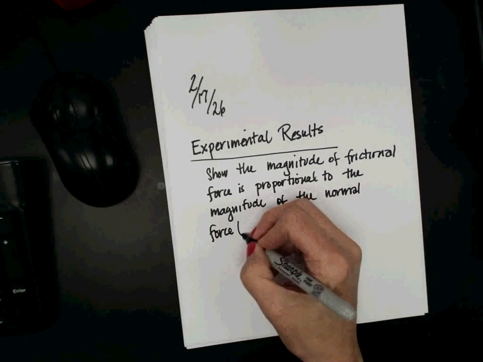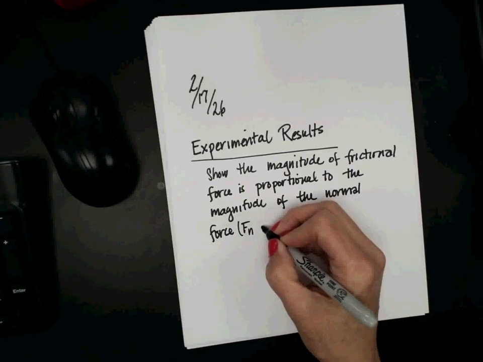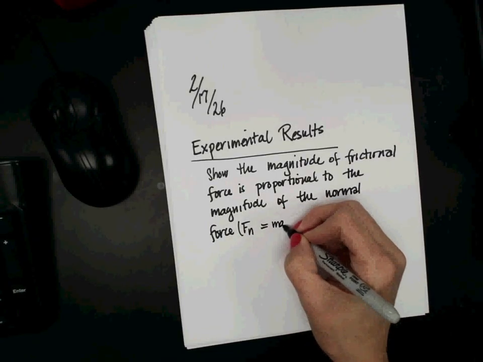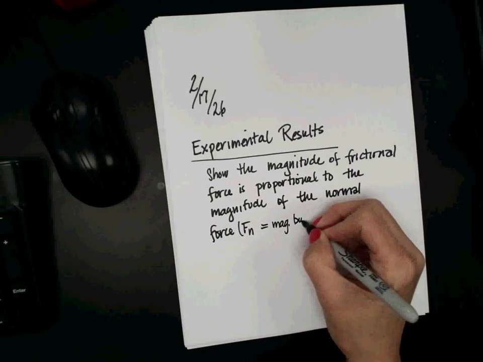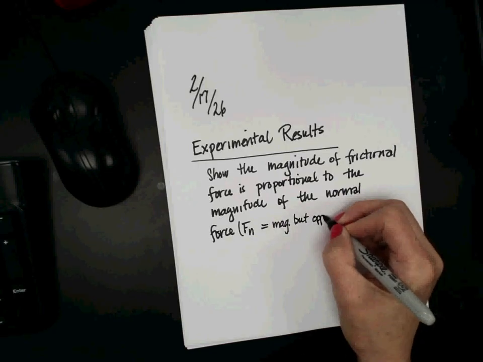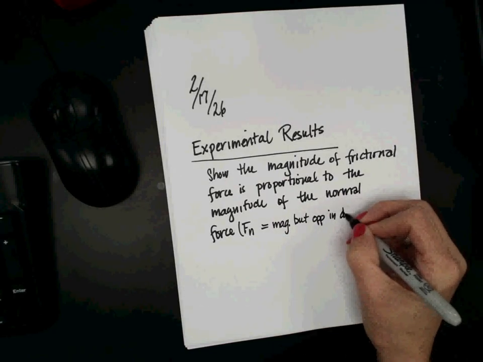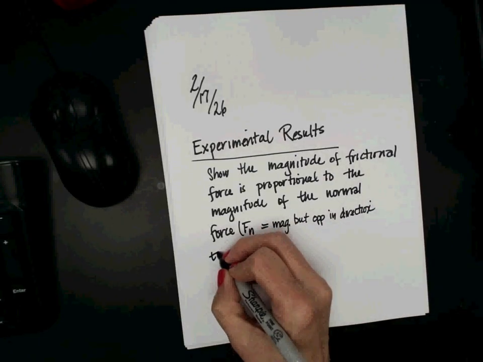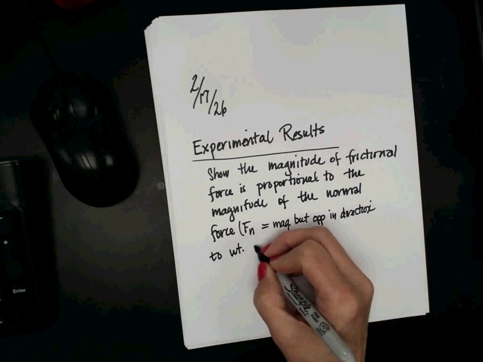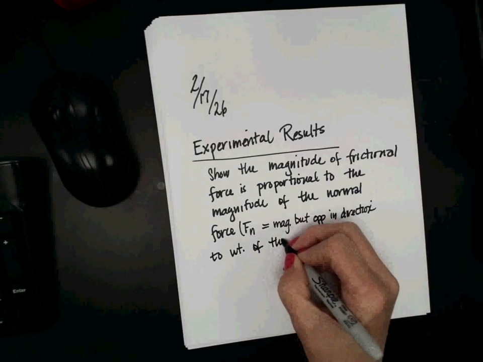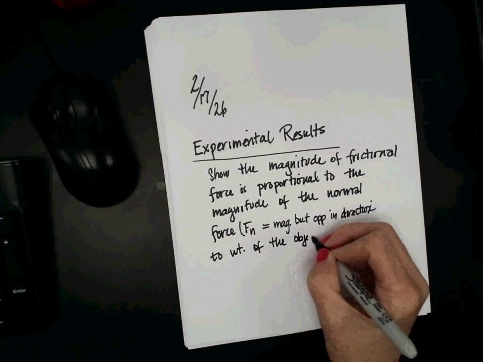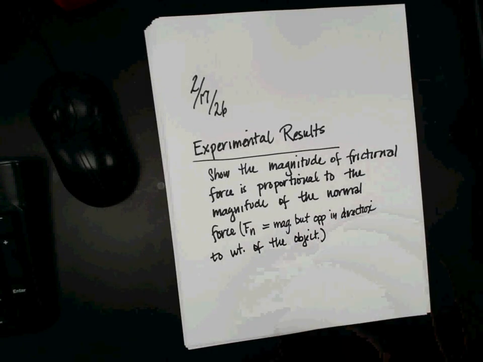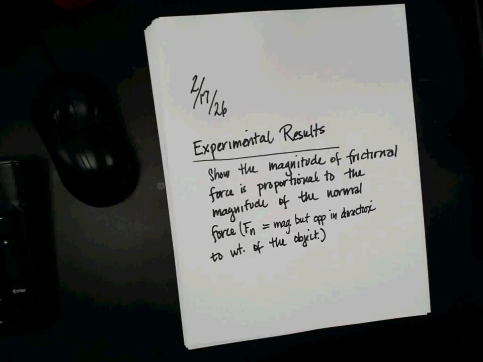And remember, the normal force, Fn, is equal in magnitude but opposite in direction to the weight of the object. So we found that it's a proportional relationship. The greater the normal force, the greater the frictional force is going to be,